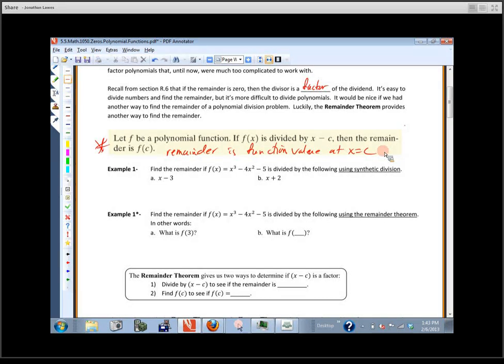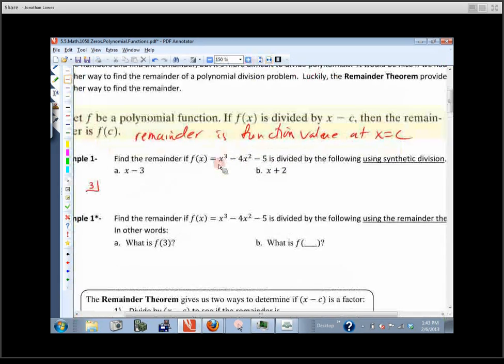So it says, find the remainder if we take this polynomial and divide it by each one of these factors using synthetic division. So we're going to do synthetic division. So this is going to be a 3 in the box. What am I looking for here? We did synthetic division. We just corrected R6. What am I looking for? I'm looking to make sure that it's in what order? Descending order, and that all the powers are represented. If they're not, I'm going to put a little placeholder in. So I'm going to put a 1, a -4, a 0, and a -5.